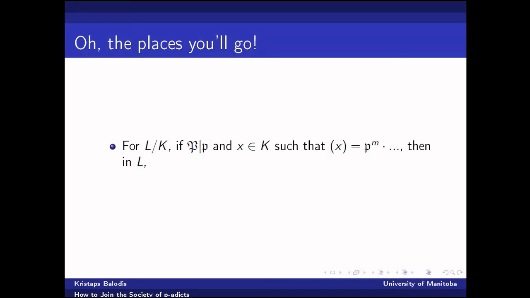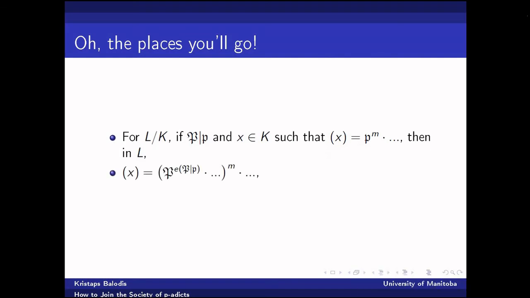Capital P lying over. So just to make things nicer, we're going to take the base field, this P squared, and some element of K which contains P to the m in its factorization into prime ideals of L. Well, then that P is going to split in L as P to the ramification index, and again, this whole thing is to the power of P.